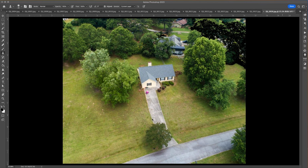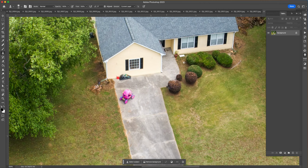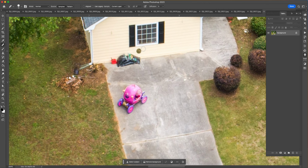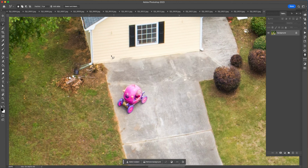We're going to talk about real estate photography and sellers. Sellers, this is a helpful tip for you. Not always are you going to have an editor that's going to be able to go in here and remove all of these things. But what I want to talk about is why would we essentially have a house look